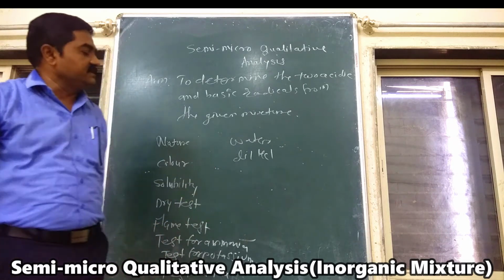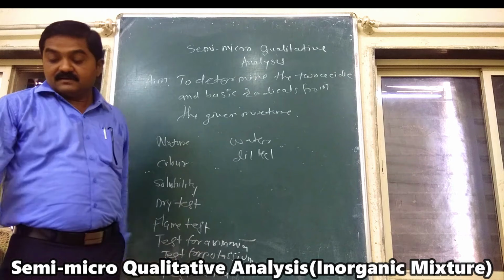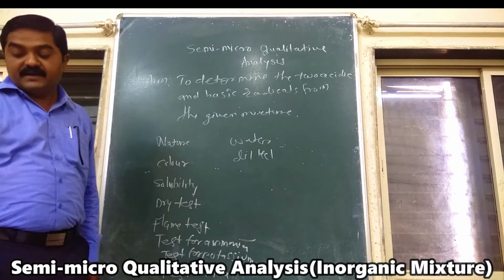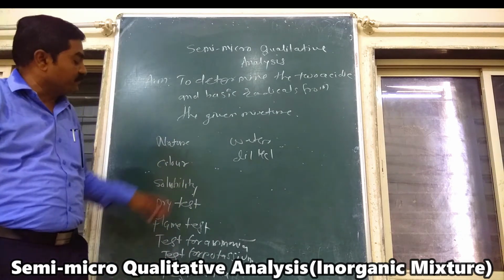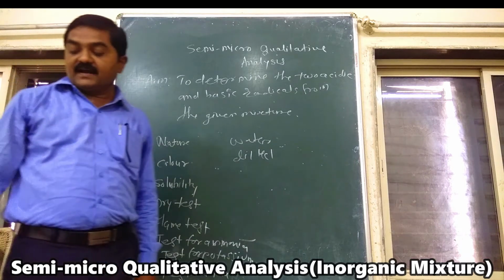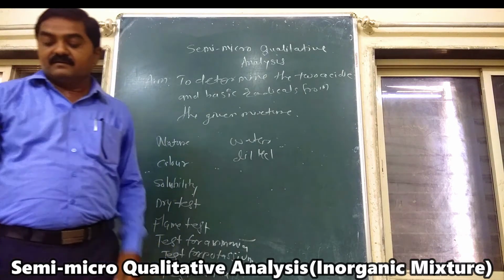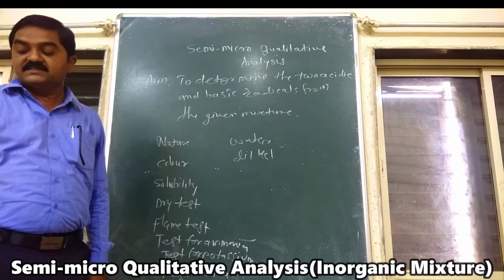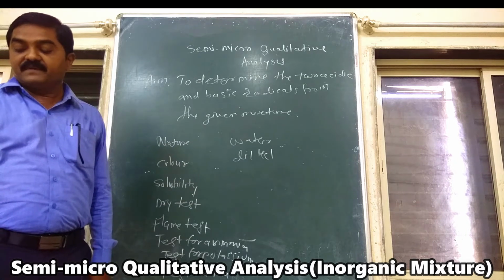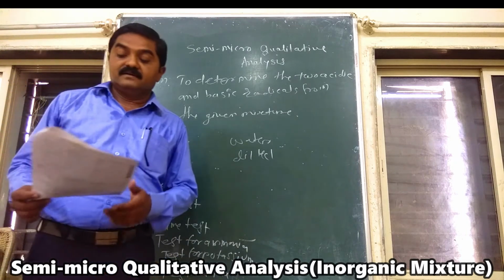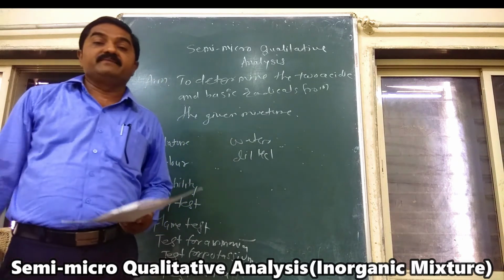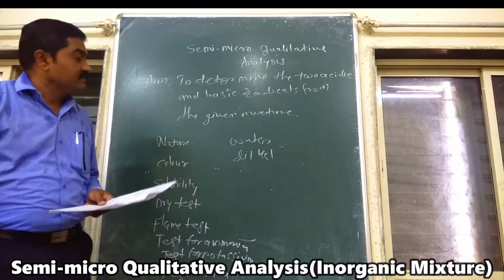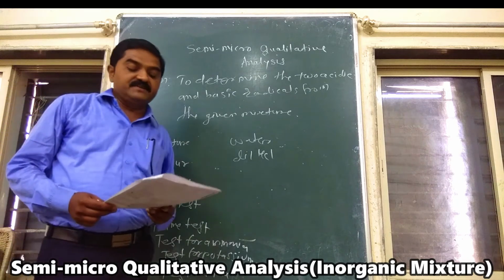Then we will see the solubility in HNO3. So lead may be present here. Then we have to perform the dry test. In the dry test, whenever we put the mixture in the dry test tube, the color of the gas is evolved. So there may be iodine, bromide, nitrate and chloride, carbonate present at the time of evolution of the gas. And if kept for some time, then sublimation.